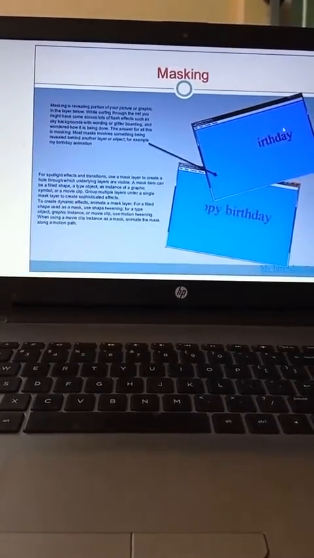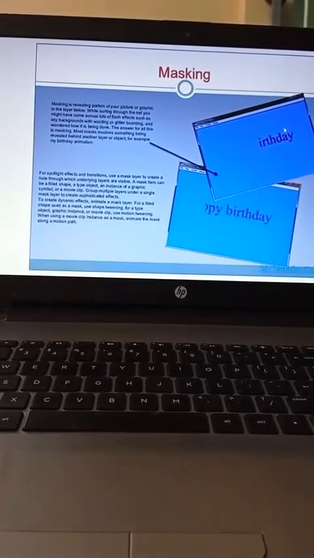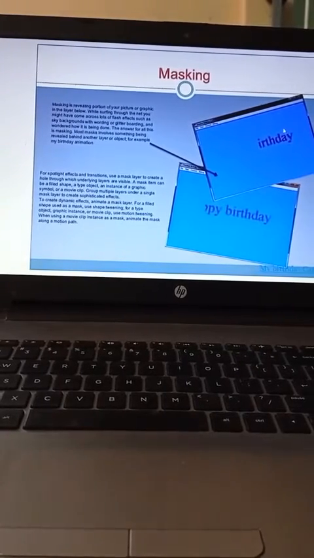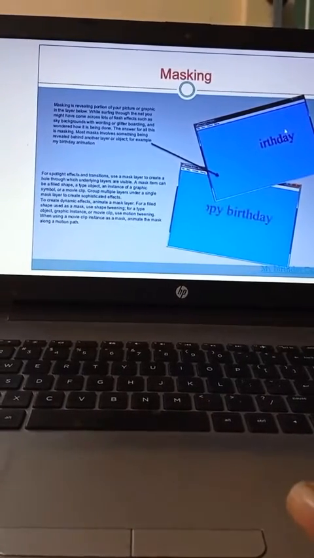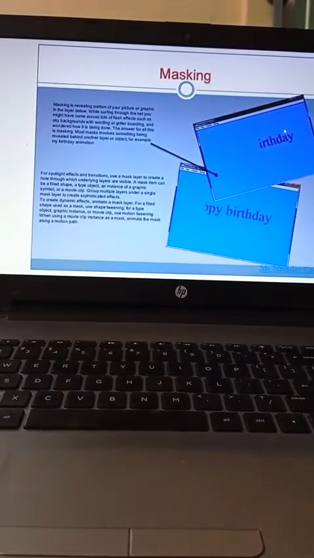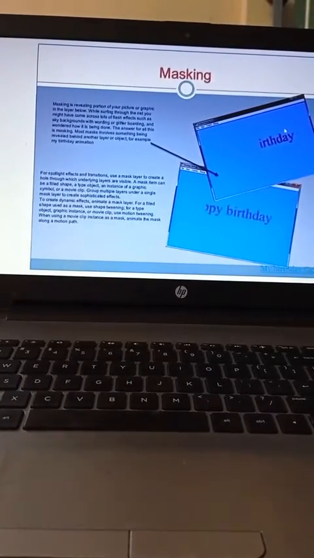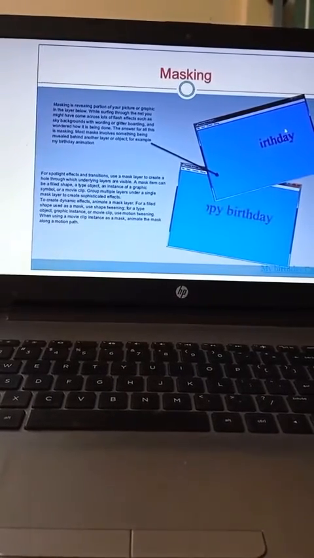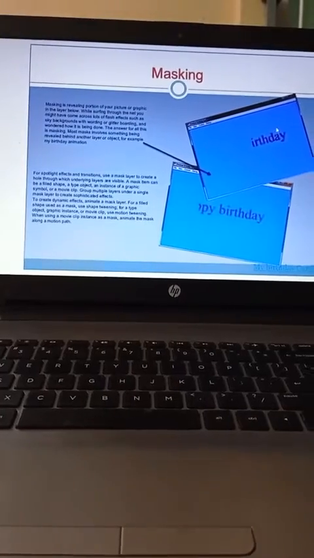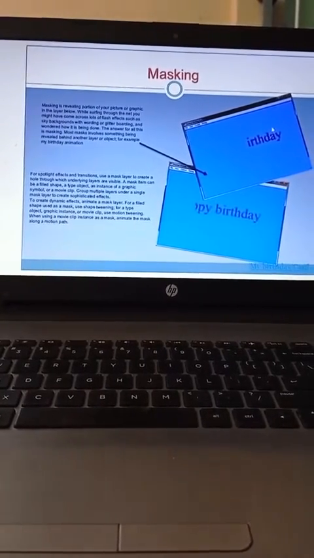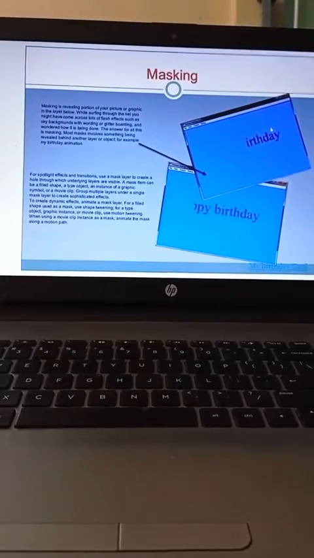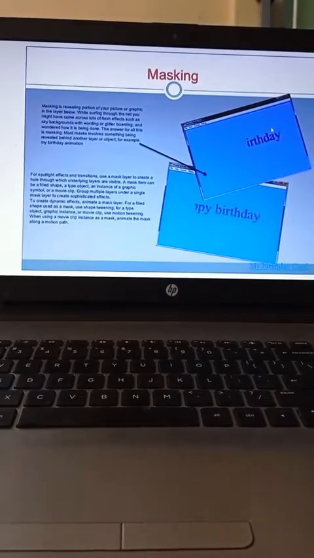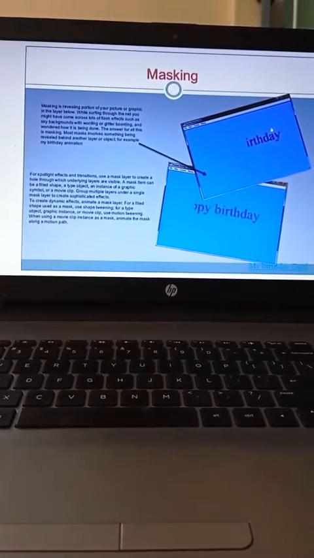Rotation with masking effect. Now, how to rotate a layer with a masking effect. Open a new file by clicking File, New. Import an image to the stage by selecting File, then Import to Stage. Then fit the image by selecting a dimension, for example 550 by 440, in the Properties inspector. Then click on frame 60 and press F6 to convert it into a keyframe.